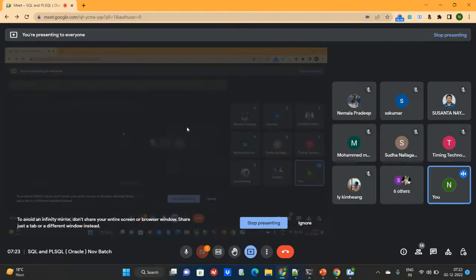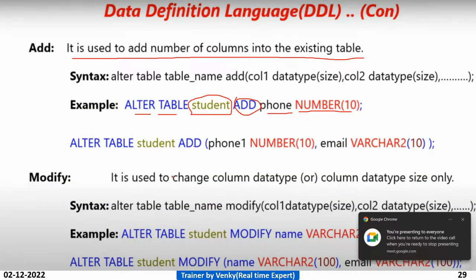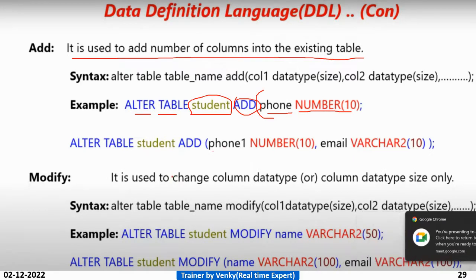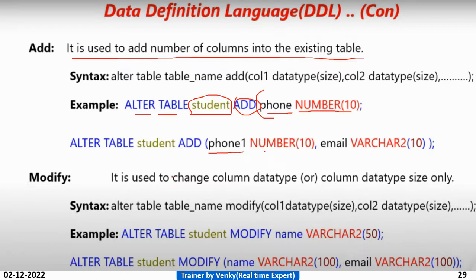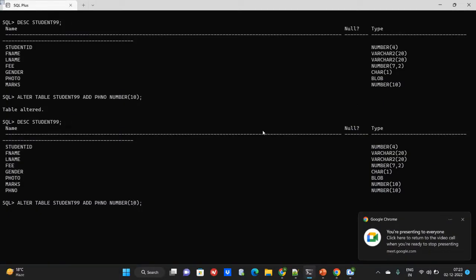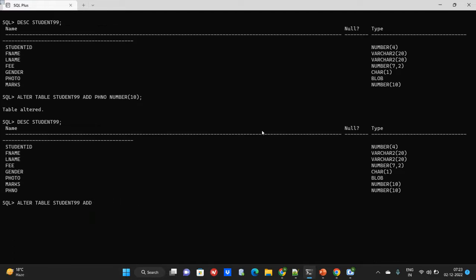Same keyword here, but after add you need to open a parenthesis because you are adding multiple columns. So I need to add: alter table name, add is a keyword, then I am opening a parenthesis because I need to add multiple columns. So one is